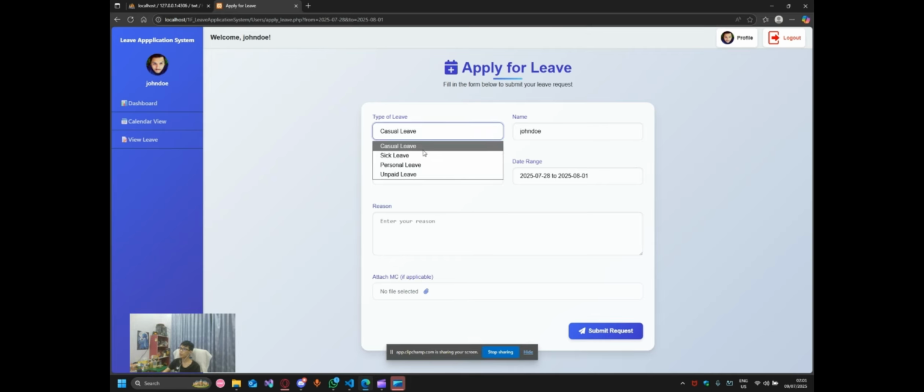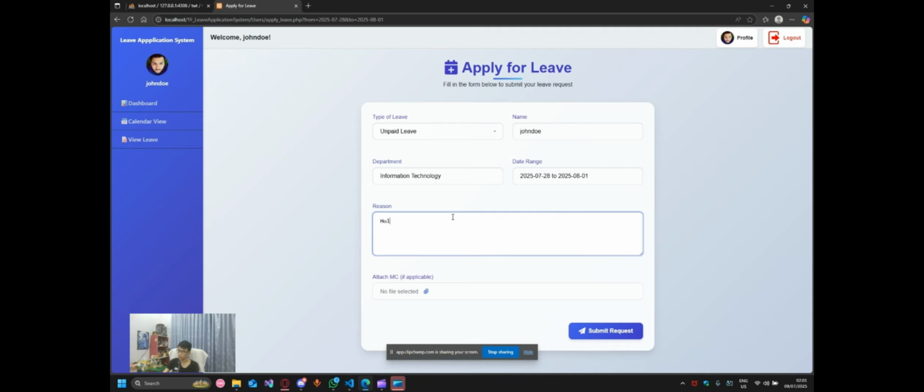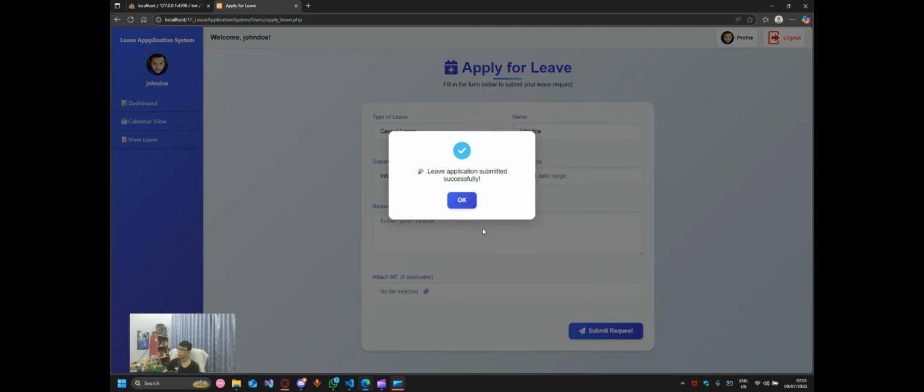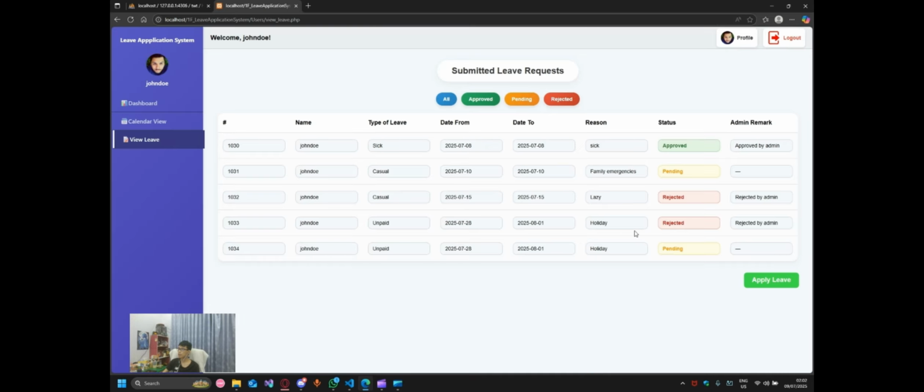So over here, you can select the type of leave. So I'm going to choose unpaid leave. The name and department with date and date range will be auto-filled. So what's left is the reason. So I'll just type something here. And then I can just click submit request to submit the request, and then I can see the request done over here,